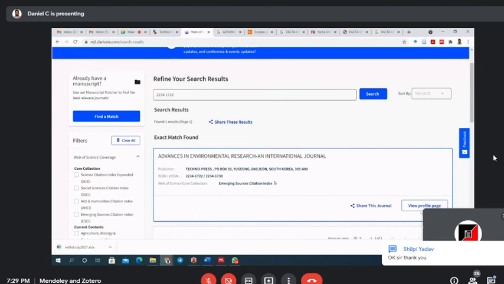If you go abroad, because even I have applied for a postdoc in China, they only talk about Web of Science journals. I had nearly 6 to 7 Web of Science ESCI journals. So other than Scopus, they take these Web of Science journals, because SCIE belongs to the Web of Science group.